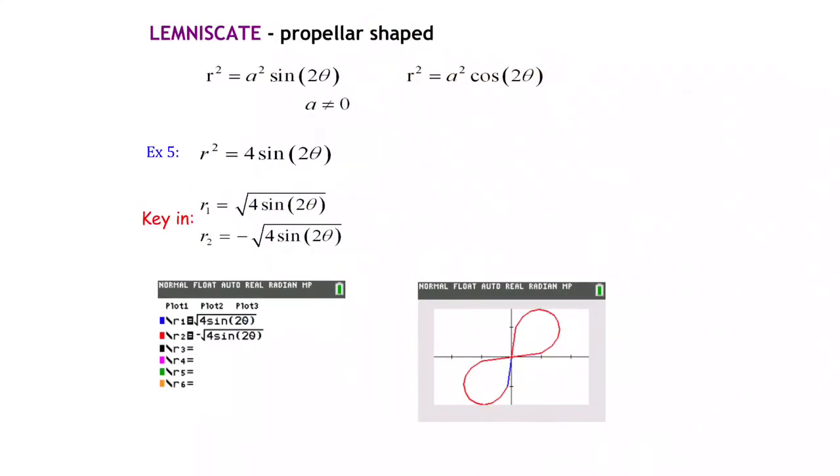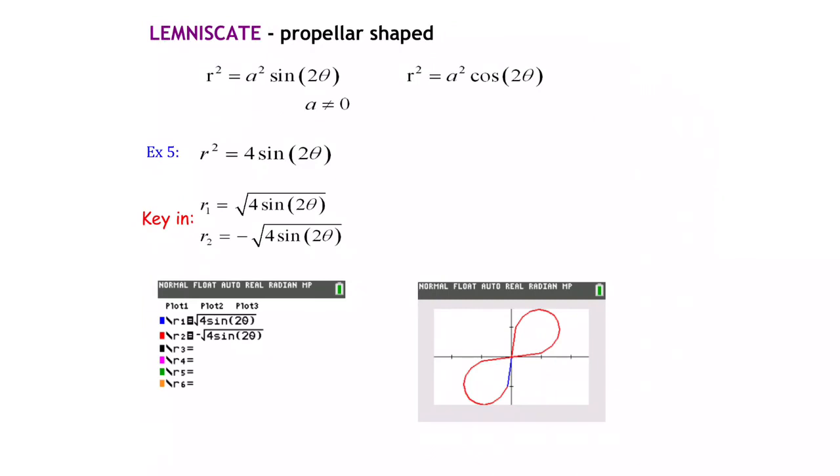And the last one we're going to look at is called a lemniscate. It's propeller shaped, definitely a lot different in terms of the equation from the other ones. This one is r squared is equal to a squared sine of 2 theta. Once again, a cannot equal 0, or we can do r squared is equal to a squared times cosine of 2 theta. So for an example, if we have r squared is equal to 4 sine of 2 theta,